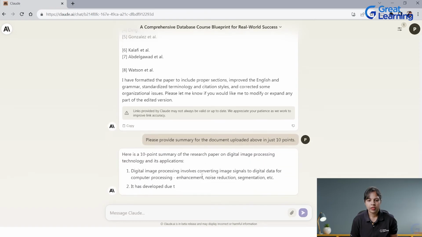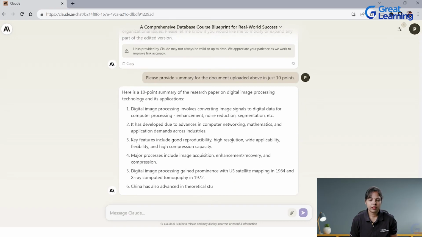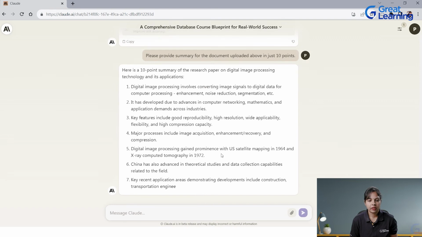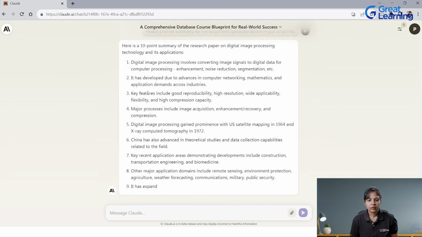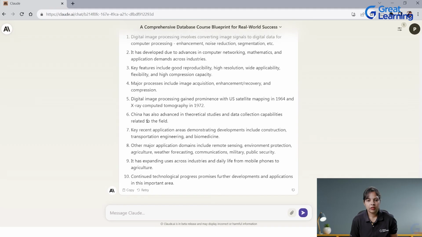So yeah, here's a 10-point summary of the research paper which was uploaded. This can be any document. I have just taken an example, randomly picked a research paper. So you can see 10 points it has given, which is covering everything which is there in the paper. Yeah. If you want to know, summarize